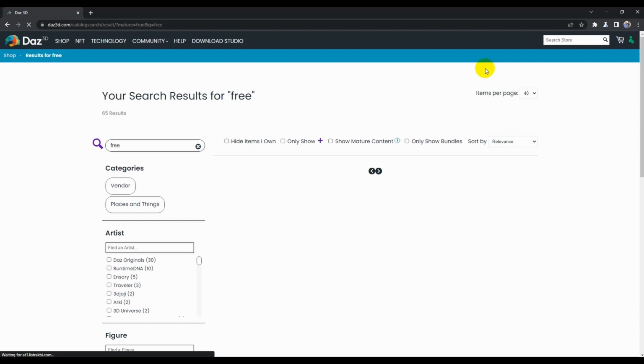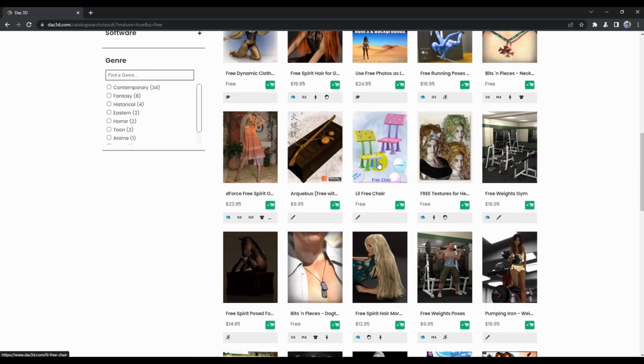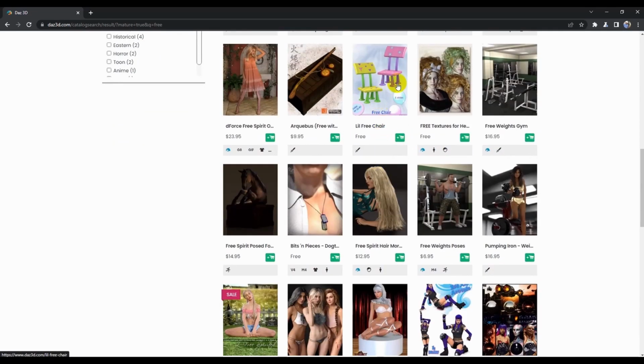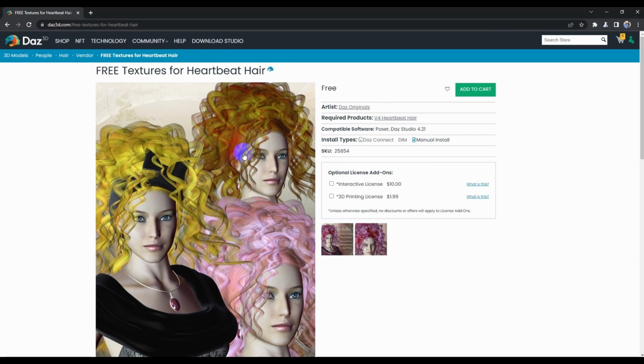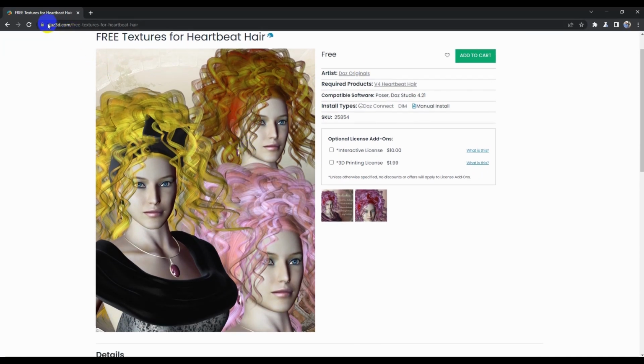So it took us to the store. As you can see, this is free, this is free, but the free stuff are not really good quality stuff. Let me just show you. Do you see that? It's really unusable at this time.